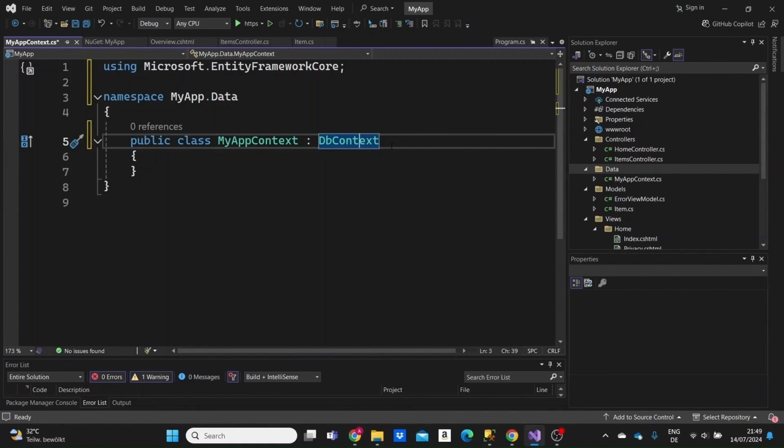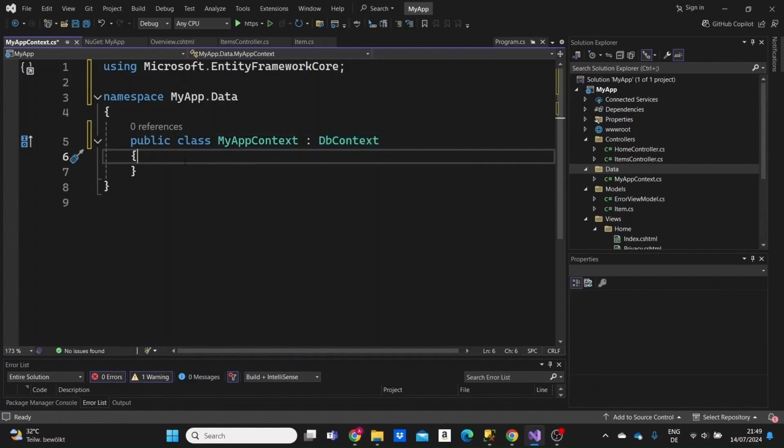The context is like the main bridge that connects our project with the database. Here we store every instance of the models we have in our project, and with the methods that the context provides, it's possible to query data from the database, filter it, get the data, or modify